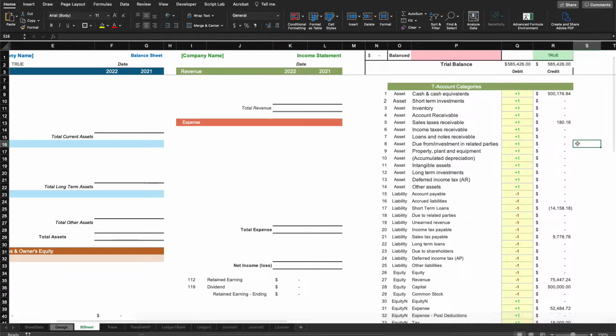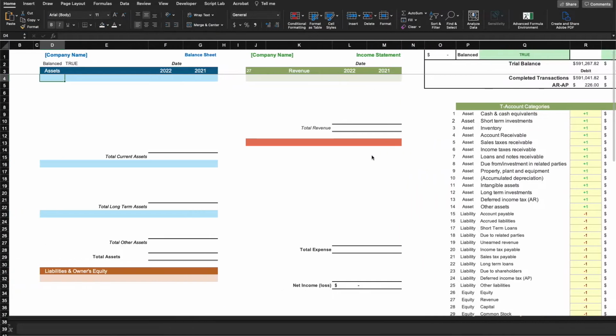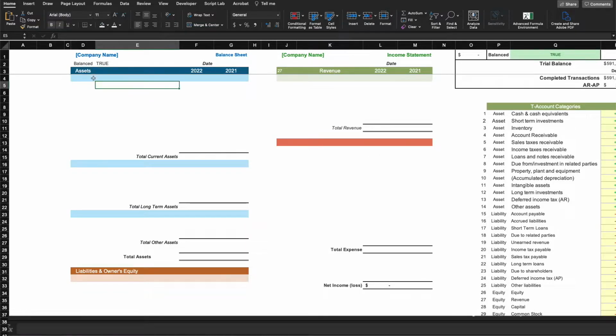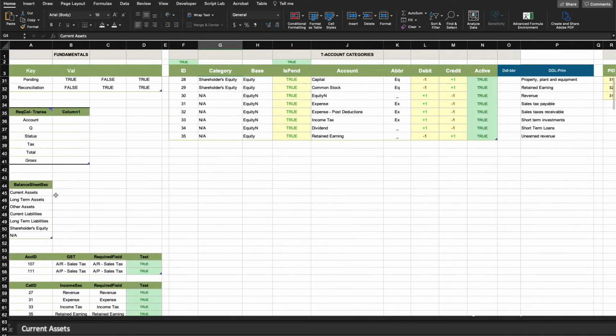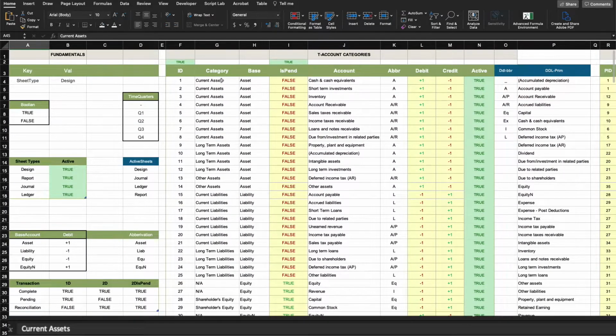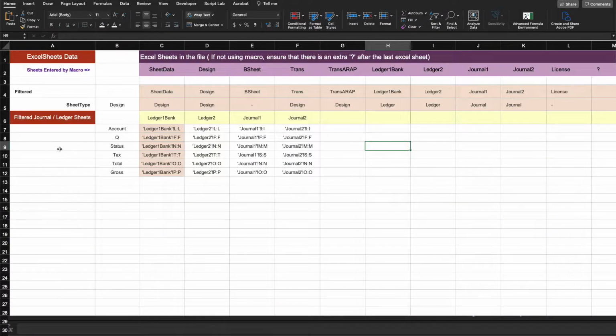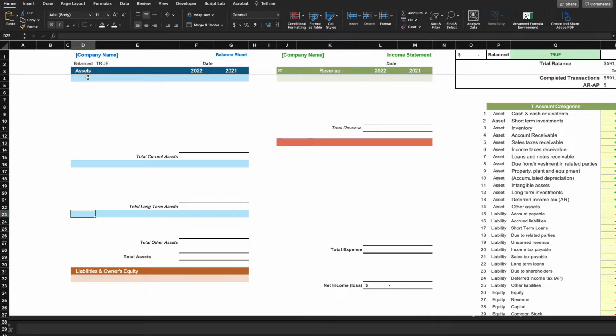So let us now start working on our balance sheet and the income statement here. What we need to do is fill up all these sections that have already been designed in our previous video. These sections are in our design sheet. The balance sheet side has these sections defined, and those sections have a relationship to the categories defined in here. That's how we're going to get to the various categories. So to start with the information, let's go back and set up the account. The first section here is